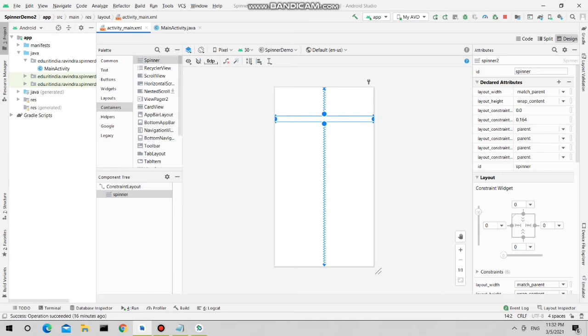Then with the help of an array adapter, we attach those items to the list view. We have already covered this, and the same concept we are going to use. I'm going to create one string array in which I'm going to store a list of countries, then take one array adapter, and set that list of countries to the spinner. So let us start with that.